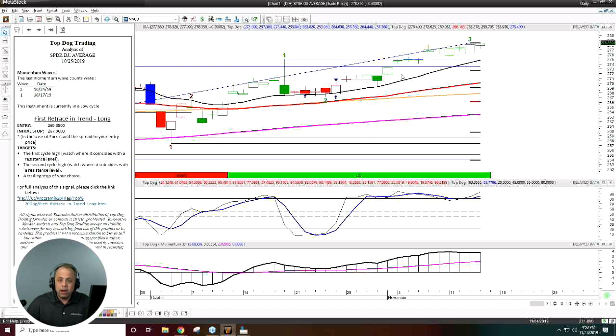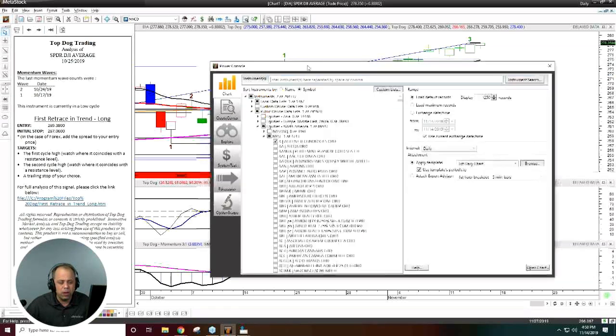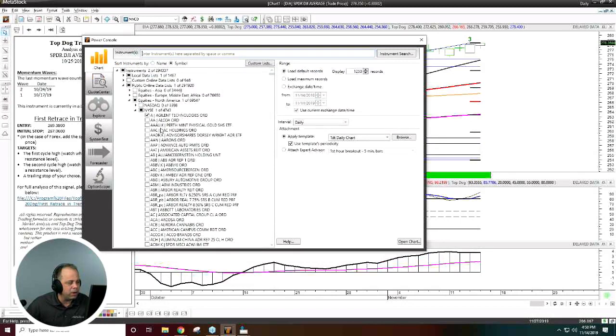So in addition to that, one of the things I love about MetaStock is, as an option trader, and I know Burton was talking about option trades, I want to be able to go through and scan the market and find the stocks that actually have an opportunity today. Okay, and I'll show you a little bit about how that works. Right here, I'm going to open up what we call the Power Console in MetaStock.